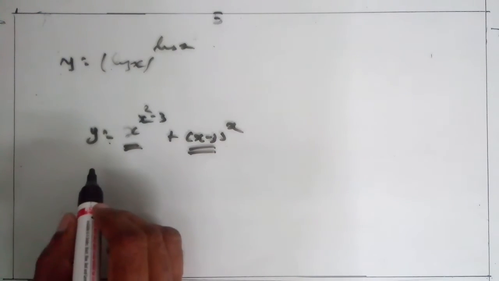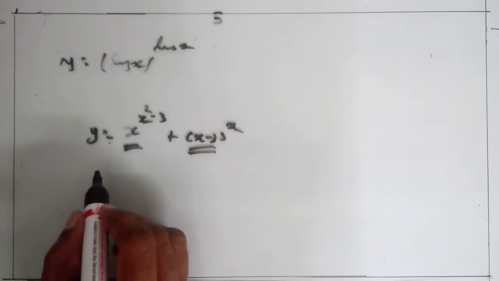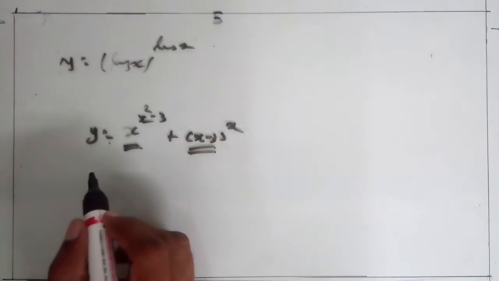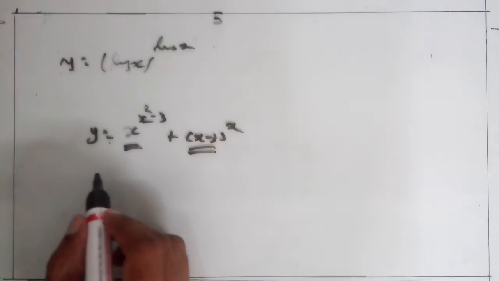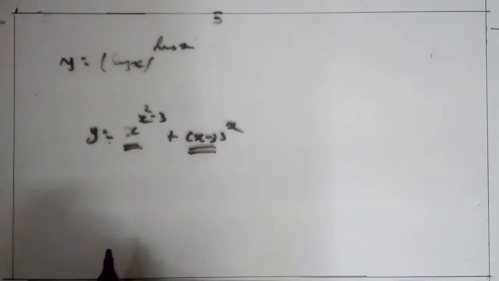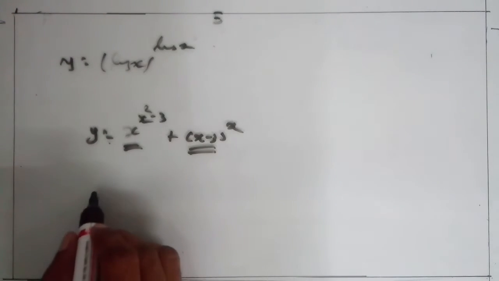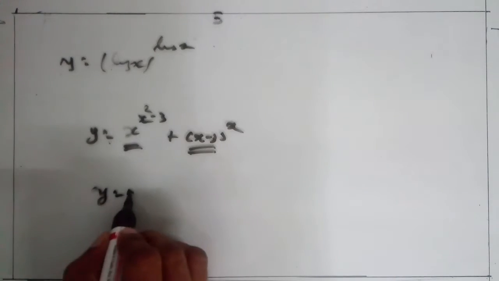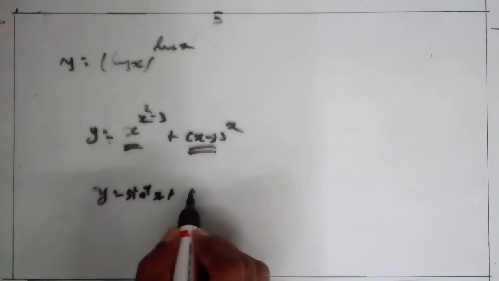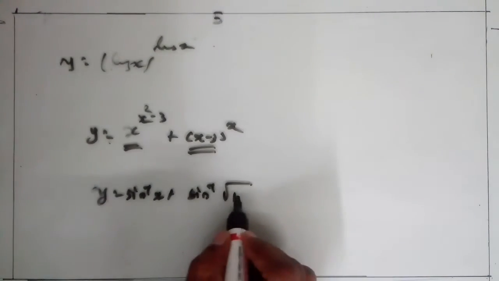In question number 12, both are parametric equations: y is equal to 12(1 minus cos t) and x is equal to 10(t minus sin t). We know how to solve this type of equation. If parametric equations are given, then you know how to find dy/dx. So just try to solve this yourself. Question number 13 is also important and easy: find dy/dx if y is equal to sin inverse x plus sin inverse root of 1 minus x.